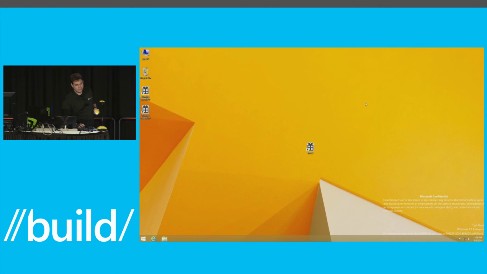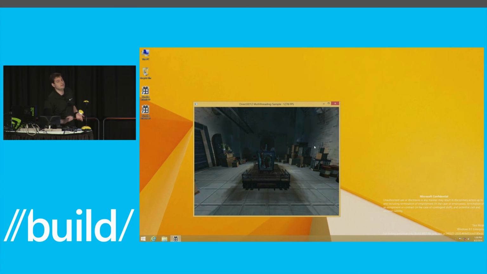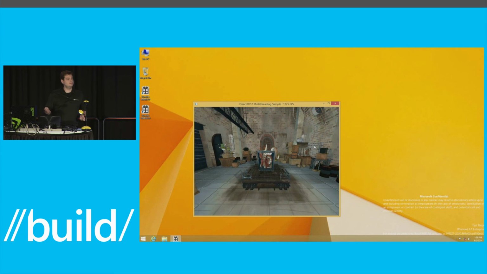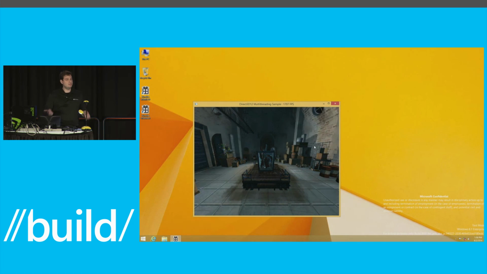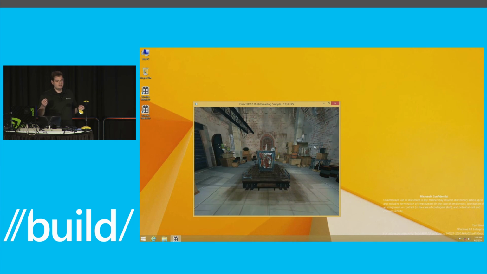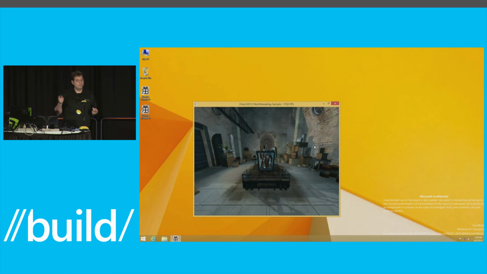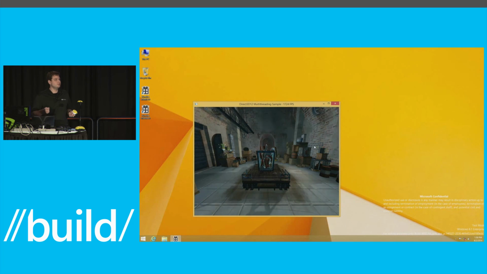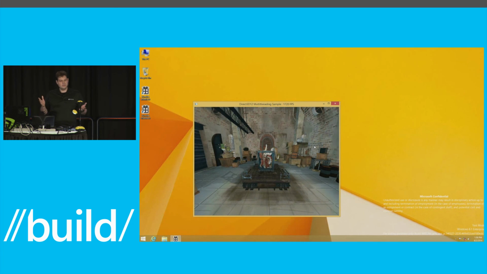What I'm going to show you is actually a code sample. Some of you may recognize this as the multi-threading sample from the DirectX 11 SDK. But now that we've ported it to Direct3D 12, we actually see significant multi-threading performance improvements and general performance improvements across the board. Now, this is all good and well, but if you want a real treat, stick around in this room for the next session, where you'll see some real performance numbers running not just on a code sample, but on a real AAA game engine. So I hope you enjoyed the demo, and I'll hand it back to Jamie, who will wrap up the session.